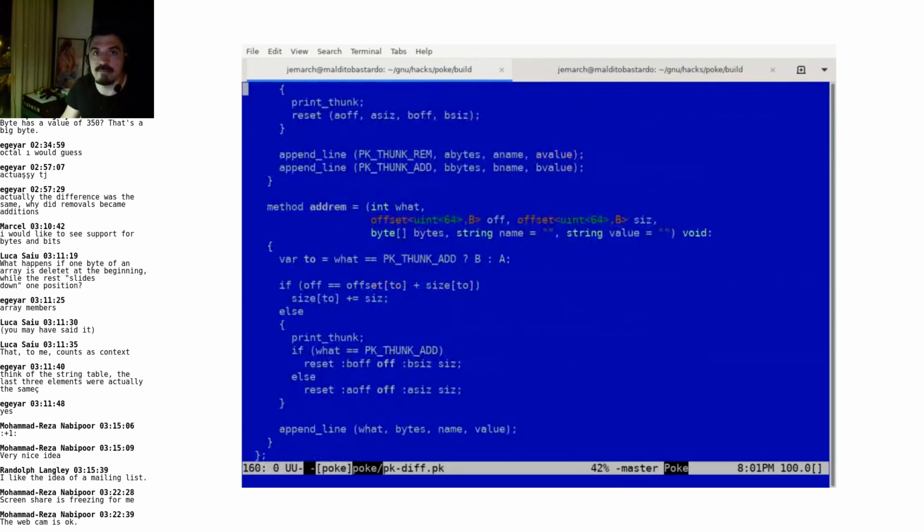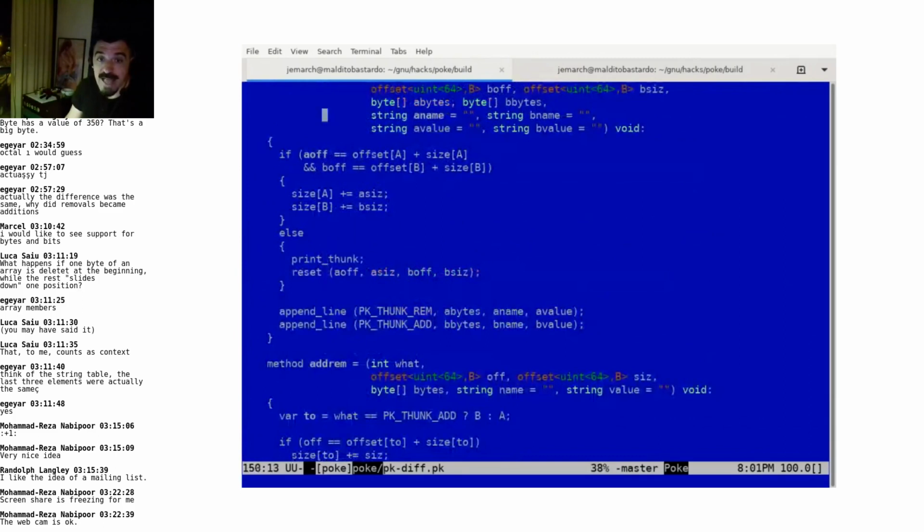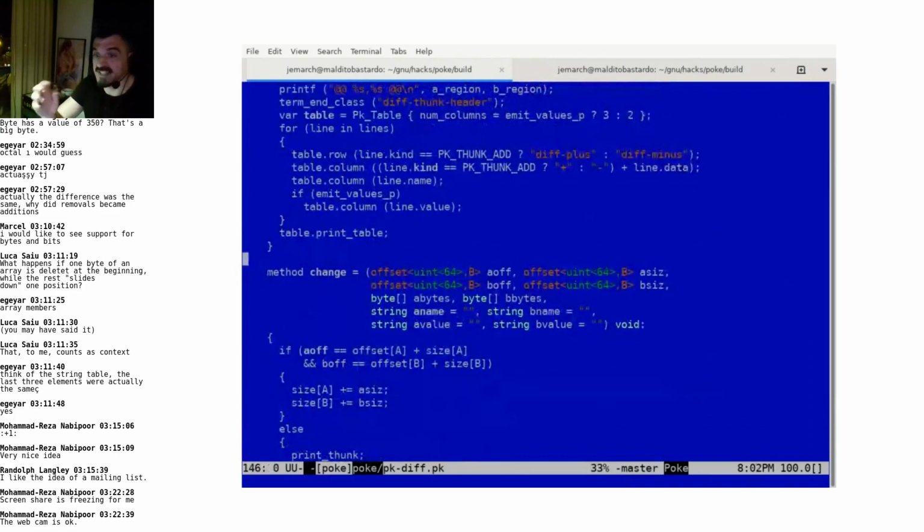And then there are two methods left for the thunk type. One is change, this one is used to express a change, which will result in the addition of a minus line and a plus line, which could be,